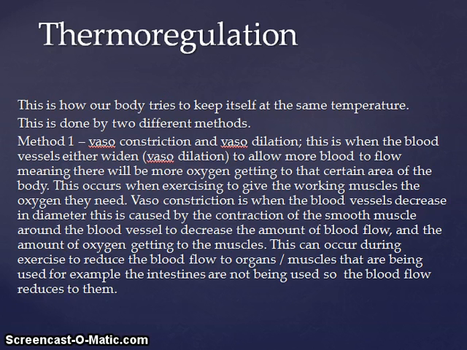Thermoregulation. This is how our body tries to keep itself at the same temperature so it doesn't overheat. Our temperature should stay around about 37 degrees Celsius. This is done by 2 different methods. Method 1 is vasoconstriction and vasodilation. Vasoconstriction, this is where the